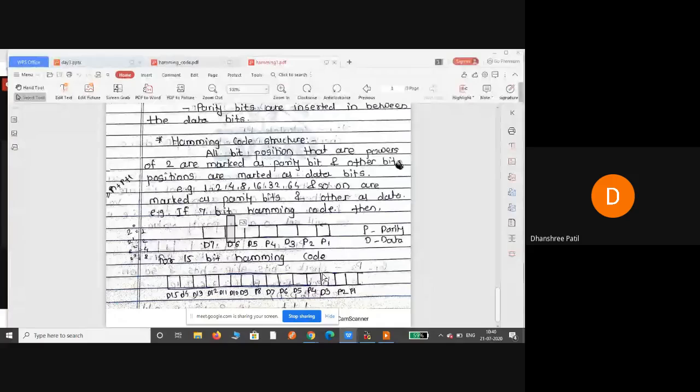ठीक है, so similarly suppose if my data is 15 bit Hamming code is there, now what will be the parity bits? So P1 is the parity, P2 is parity, P4 is parity, then P8 is parity and remaining all will be the data bits. Simple, remember this. ठीक आहे, now हे काय झालं, इथपर्यंत झालं फक्त तुमचं